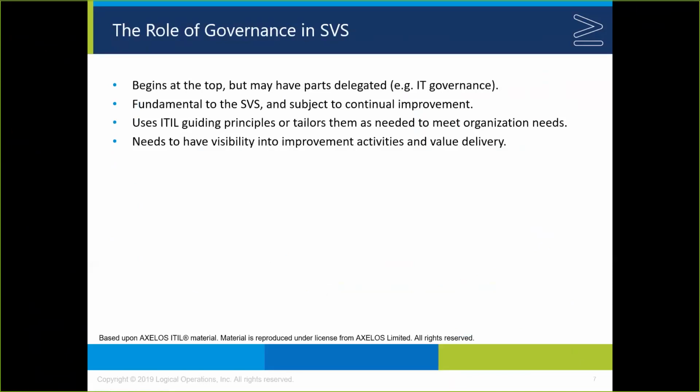So when this comes down to the service value system, if you were familiar with ITIL 2011, the whole idea of the service life cycle was really intended as a governance approach to IT. So the service value system is subject to governance control. If I am doing governance as an enterprise and I delegate governance, let's say for IT, to the CIO or some senior body, this affects the entire service value system.